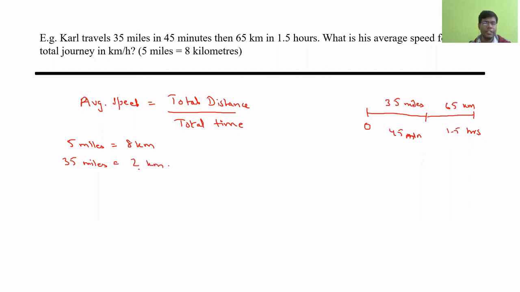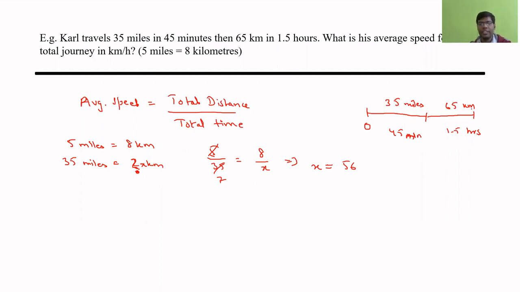So let's take it as x. And then we have 5 by 35 is equal to 8 by x. 5 miles by 35 miles is equal to 8 kilometers by x kilometers. This is a question mark, don't take it as 2x. So from here, this 5 will go with 35 7 times. And then I will get x is equal to 7 multiplied with 8, that is 56. So basically Carl is traveling 56 kilometers in 45 minutes